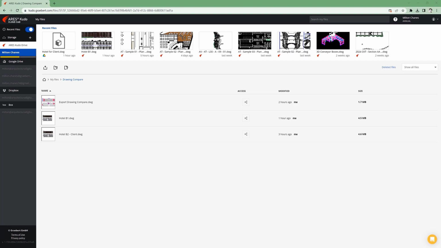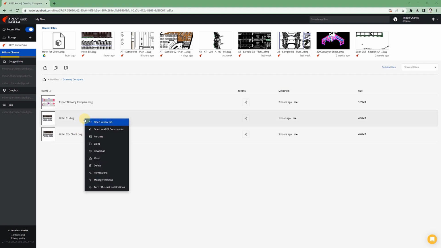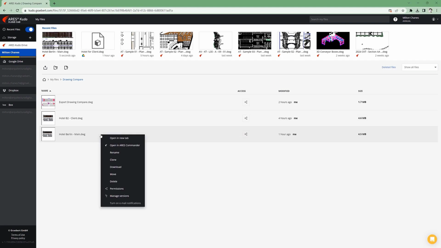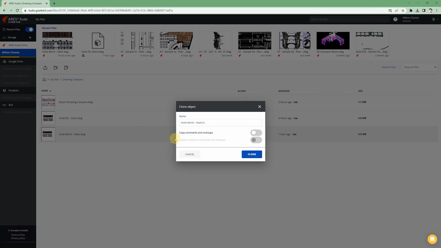Our next step could be to save the current state as a file that will no longer be modified. This action is something like making a backup of the current state of the project while we evaluate how to continue. From the File area, we change the name of our main drawing. Now we create a clone. We're going to change the name so it's easy to distinguish in the future.